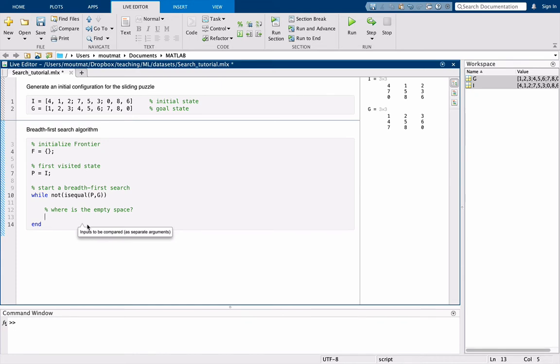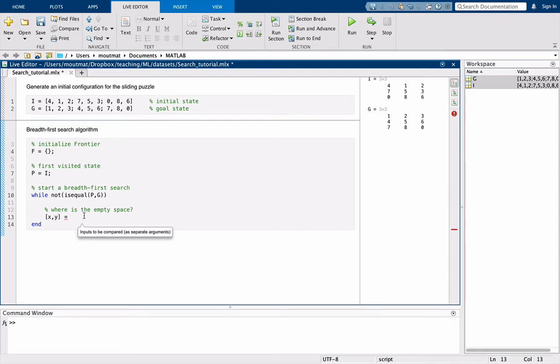So the way we are going to do this is to say I'm going to store as x and y